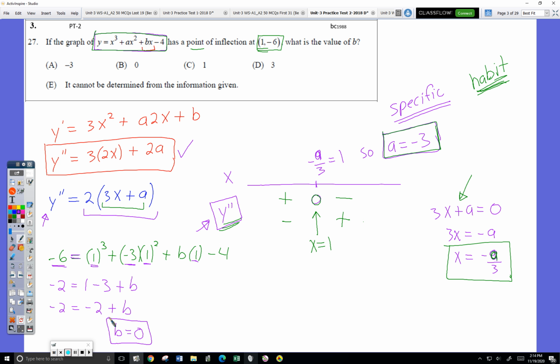Did you find your error? -6 plus 4 is -2. Yep. And then you could do -1 minus 1? Negative 1 equals negative 6 plus B times 1. Whoa, whoa. Or would you just combine